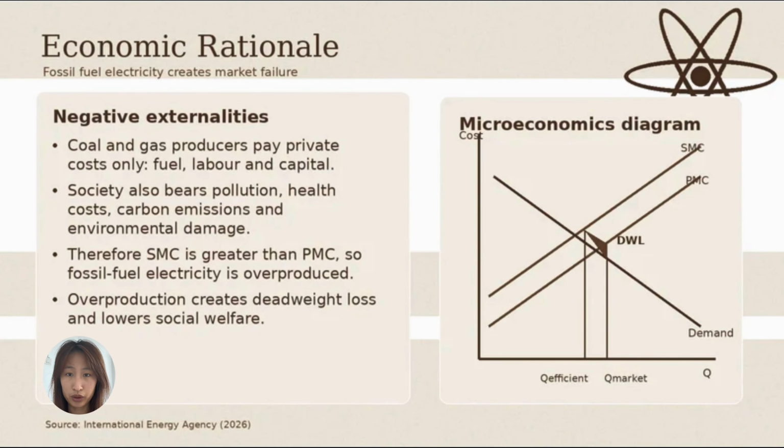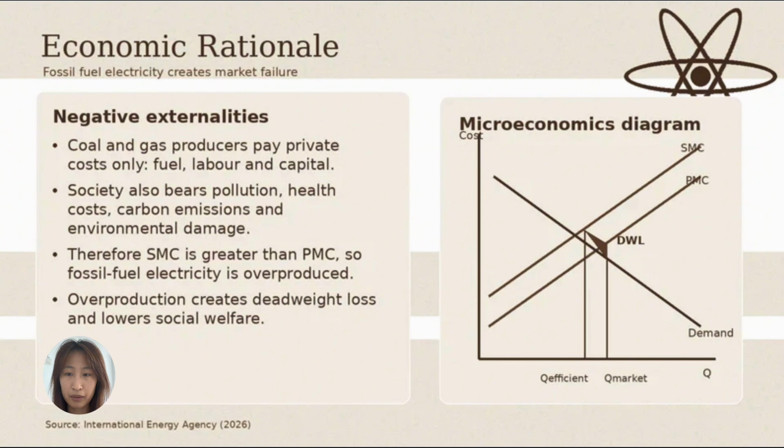Hi, my name is Wang Chunyu, and I will proceed with the discussion of the economic rationale for nuclear energy. There are several reasons why Malaysia should use nuclear energy. At present, there is market failure because of the use of fossil fuels. Private cost is what we pay in terms of the cost of coal, labor, and capital for electricity generation from coal and natural gas. However, there are costs that affect society, and they are the following: air pollution, carbon emissions, environmental